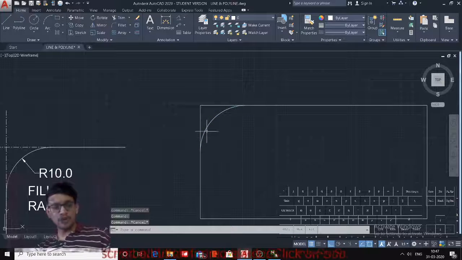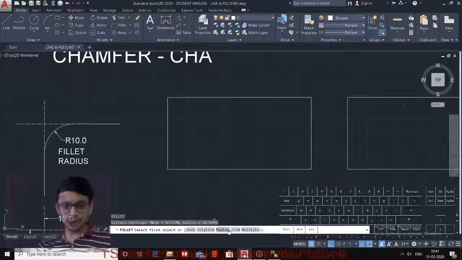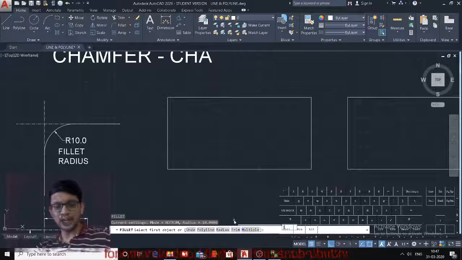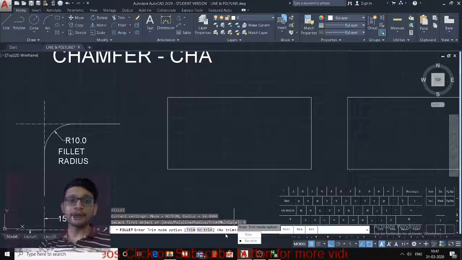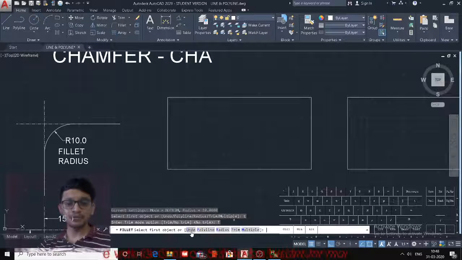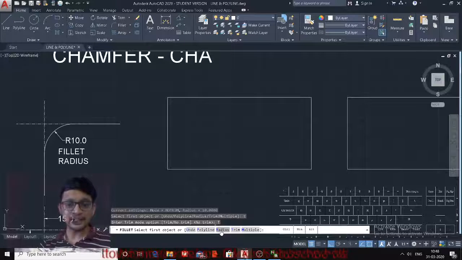If you want to trim that, you again go to fillet command. There is an option called trim, enter, and there are two options, no trim and trim. Right now no trim is activated, that's why the entities are not getting trimmed. If I select trim option, those entities will be trimmed. Now if you observe, radius is by default 10 again. Unless I change that radius for the whole file, radius will remain 10 for all the next fillet commands.